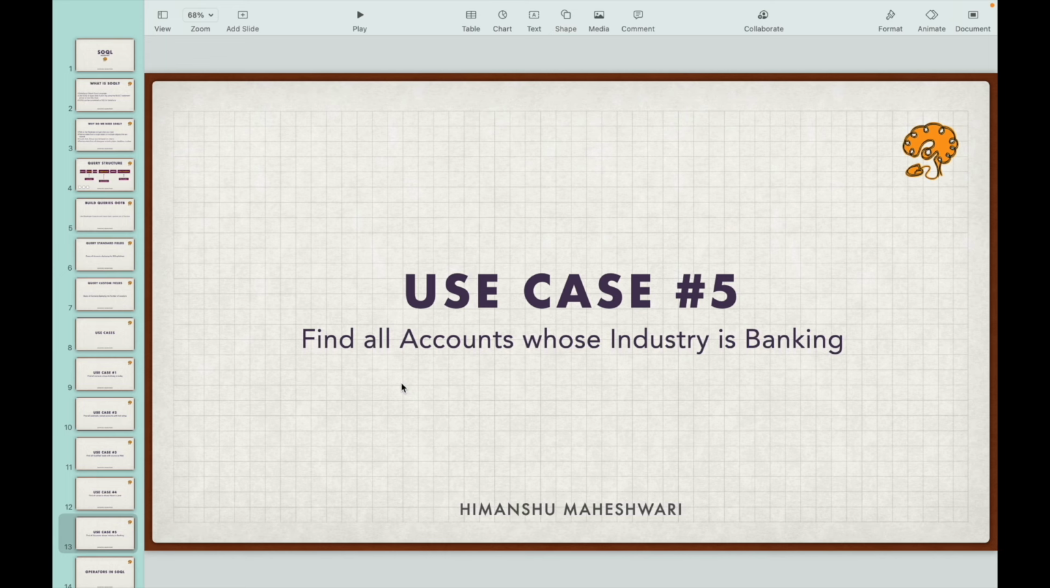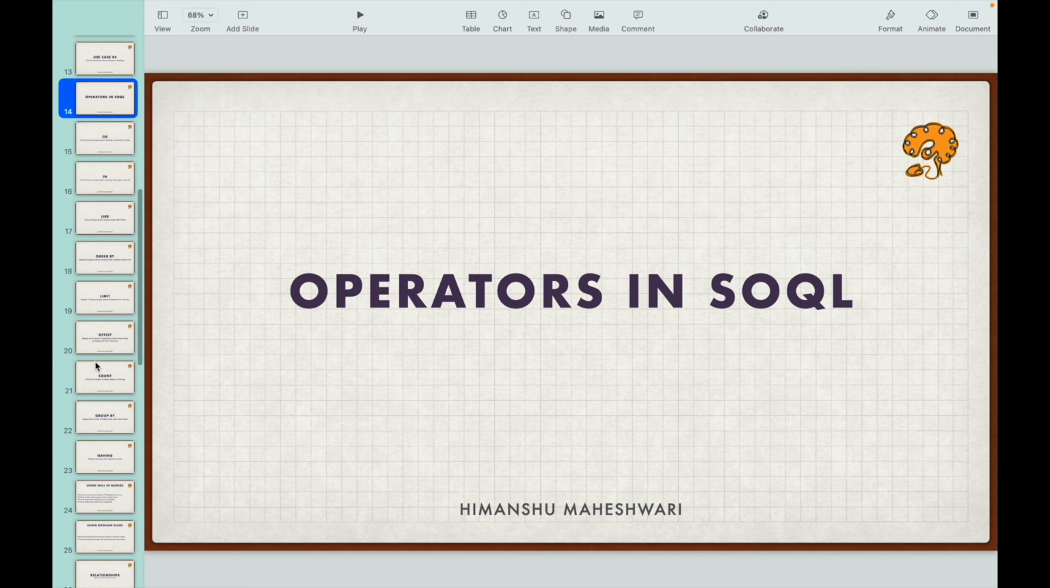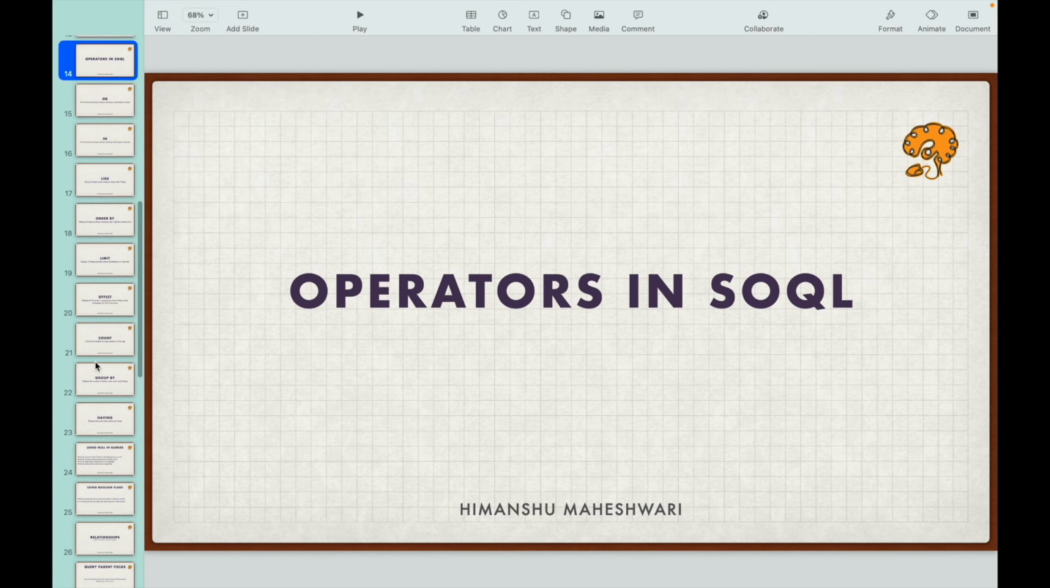All right, let's move on to the next section. That is operators in SOQL. We'll take a look at some specific operators. One of the operators that we took a look at was the equal to sign, right? And we also took a look at the AND operator, wherein we wanted to club two or more filters, right? Industry is banking and ownership is public. In those cases, we use the AND operator. Now let's take a look at some